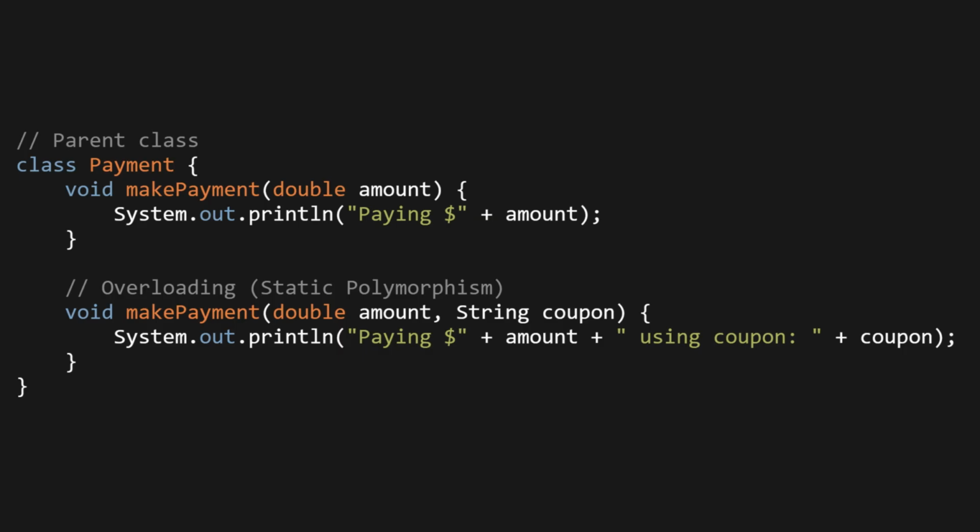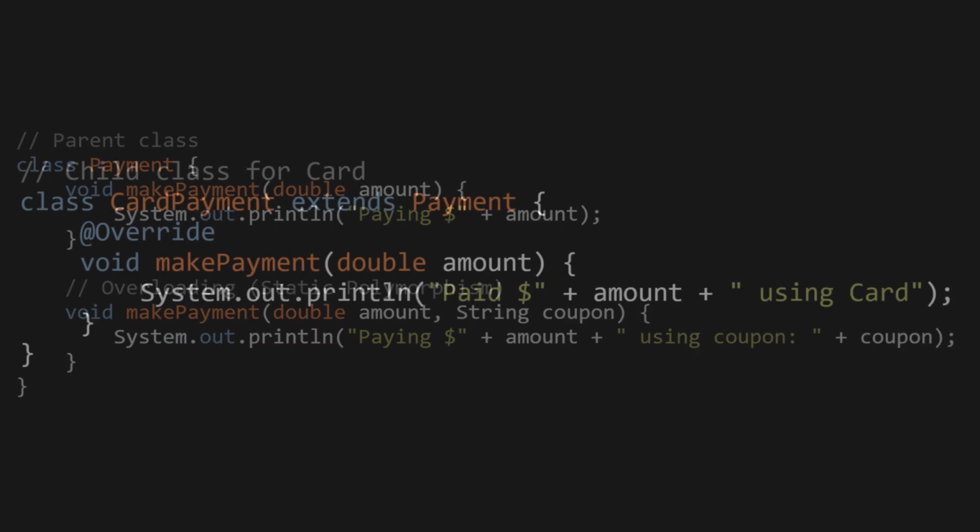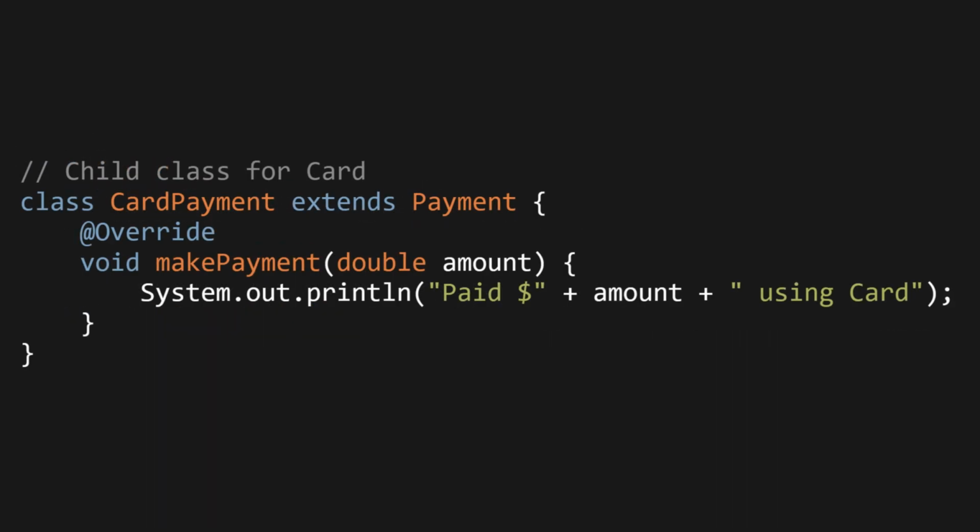Static polymorphism. void makePayment(double amount, String coupon) { System.out.println("Paying $" + amount + " using coupon " + coupon); } Let's have a child class for card. class CardPayment extends Payment. @Override void makePayment(double amount) { System.out.println("Paid $" + amount + " using card"); }